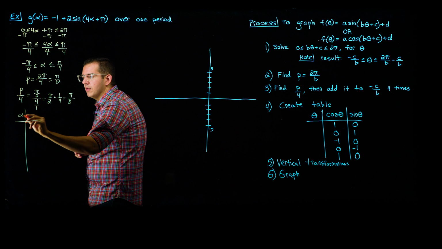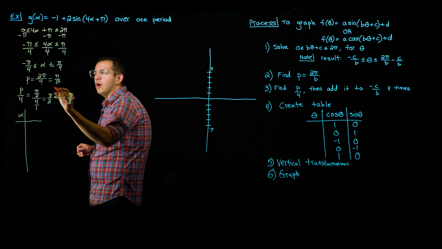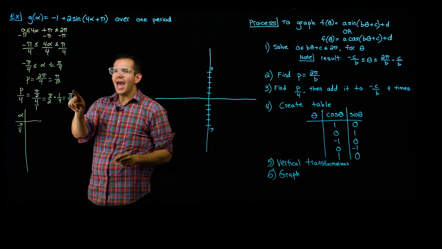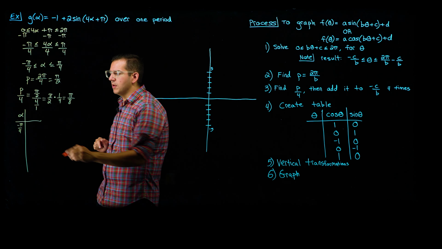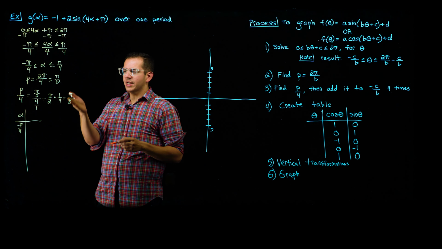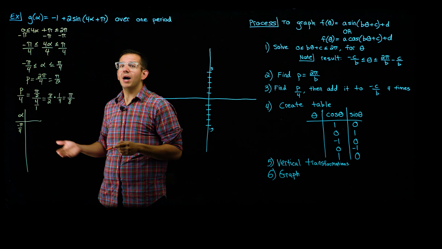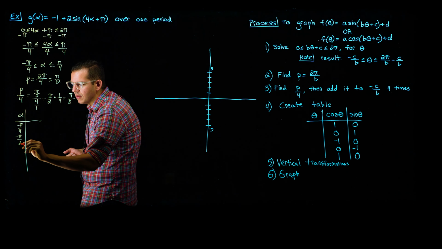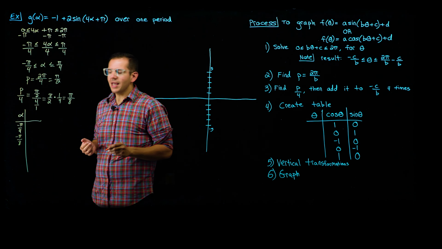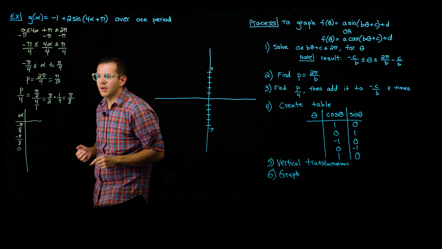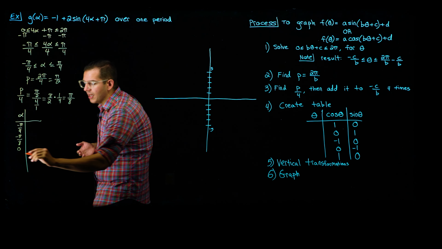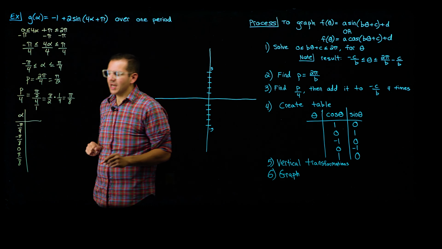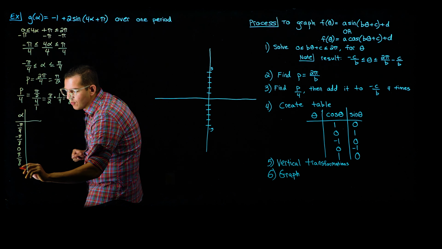for alpha, and we start with our inequality value of negative pi over 4, and we add pi over 8 to that 4 times. Now negative pi over 4 with a common denominator of 8 would be negative 2 pi over 8. If you add pi over 8 to that, you'd get negative pi over 8. If you add pi over 8 to that again, you'd get 0. Add pi over 8 to that again, you'd get pi over 8. And add pi over 8 to it again one more time, we get 2 pi over 8, which is pi